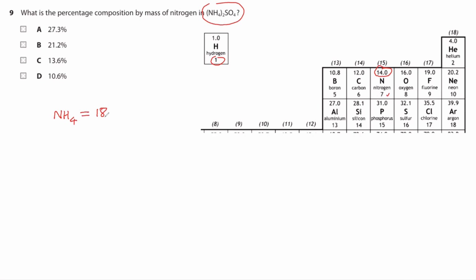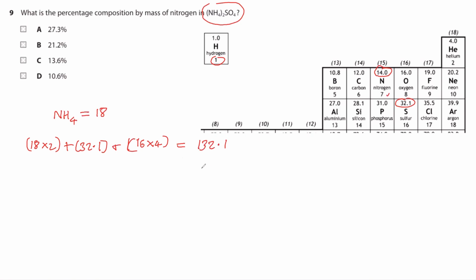There are 2 of them. So I write 18 times 2, plus sulfur. Sulfur is 32.1, and oxygen is 16, so we have oxygen 16 times 4. There are 4 oxygen atoms, right? So when I do this calculation, I'll get